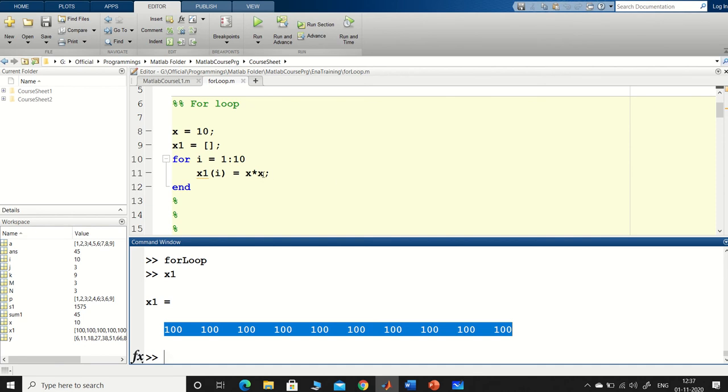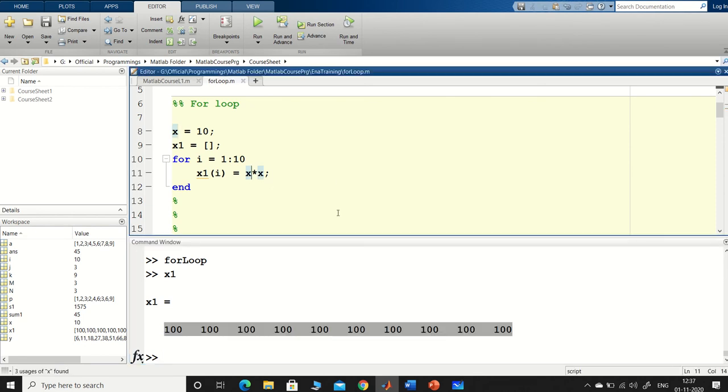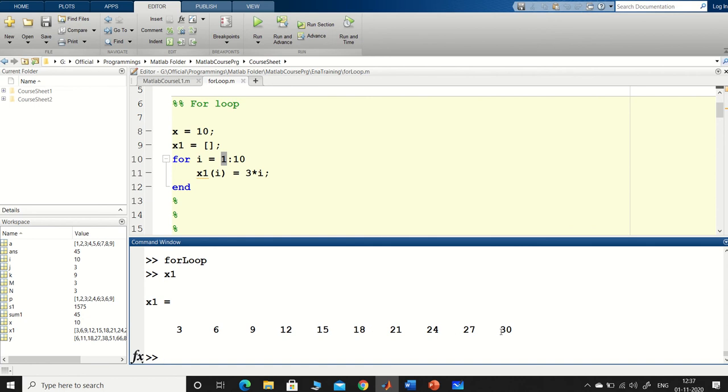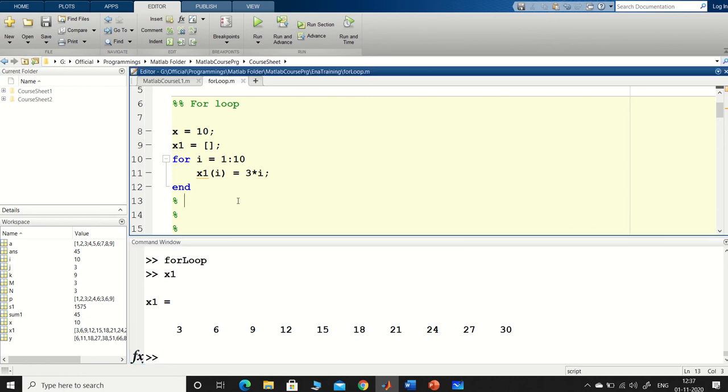One more thing what you can do is, suppose you want to make a table of 3. So what you can do? 3 into I you can do all the time. So 3 into I. So what will happen? This x1 vector will be storing 3 into 1 is 3, 3 into 2 is 6, 3 into 3 is 9. So like that, for each value of I increment, it will keep on appending the values of x1. So see, x1 will be 3, 6, 9, 12 like that. Okay, so this is how a simple for loop statement works that you have understood.